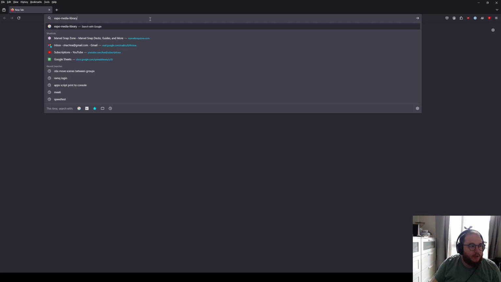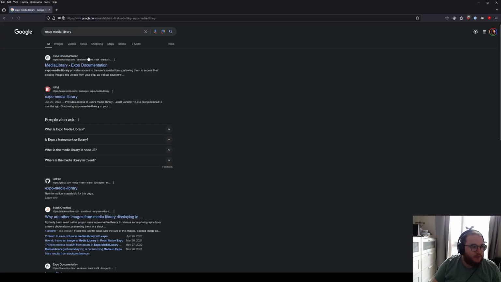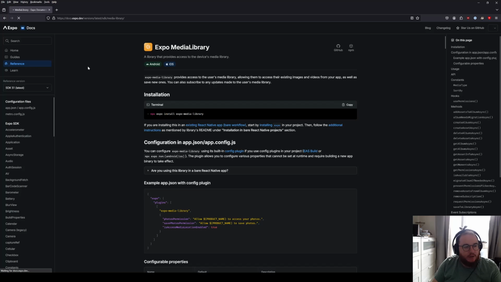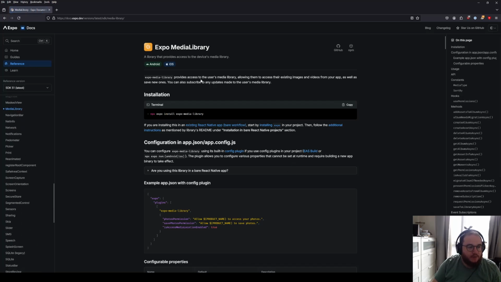So if I just do a quick Google search for Expo Media Library, I can pull up the Expo docs, and the Expo Media Library provides access to users' media library, allowing them to access their existing images from your app as well as save new ones. You can also subscribe to any updates made. So it does exactly what I expect it to do. It's the tool that uses the permissions for the device's media library. So if we go back to our code,